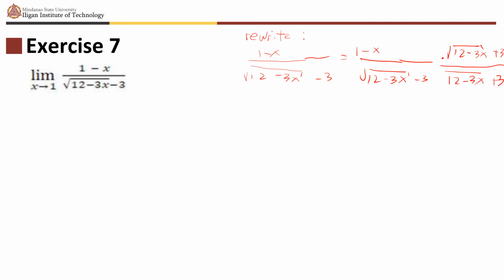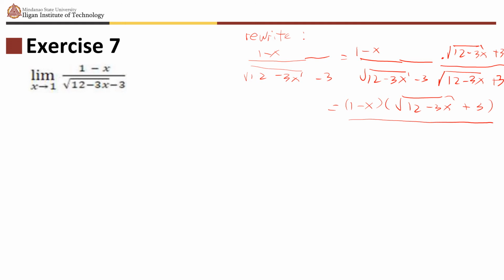So this is now equal to 1 minus x times the quantity square root of 12 minus 3x plus 3 all over, when you multiply this quantity,